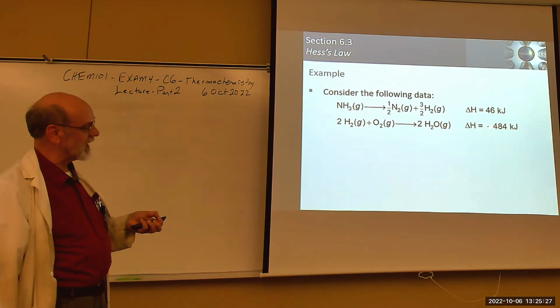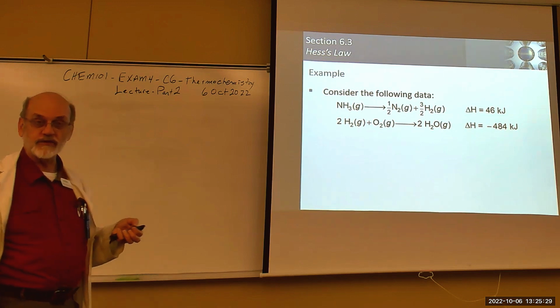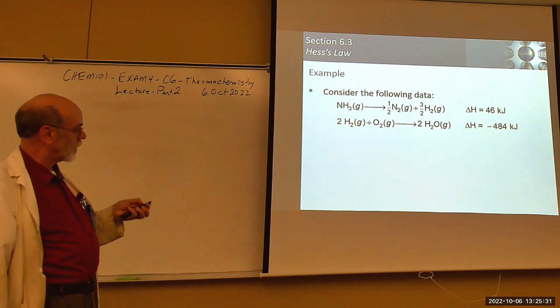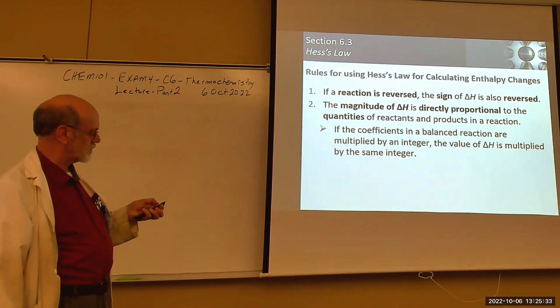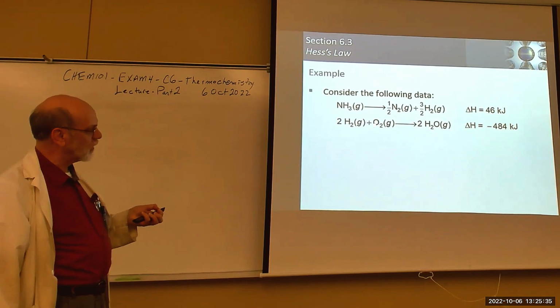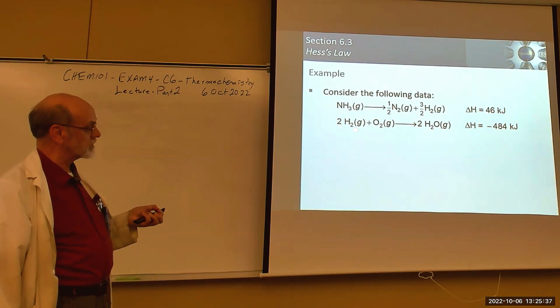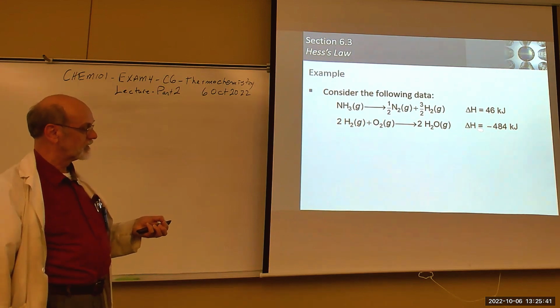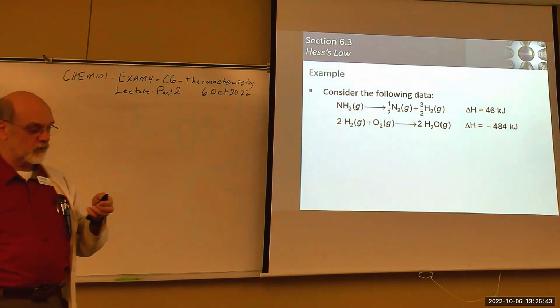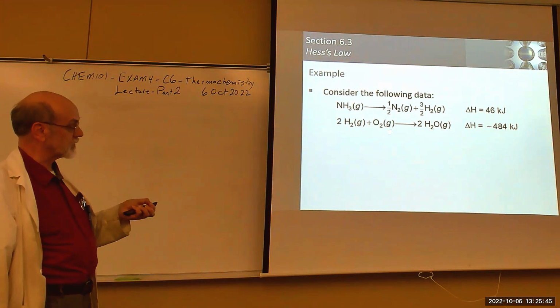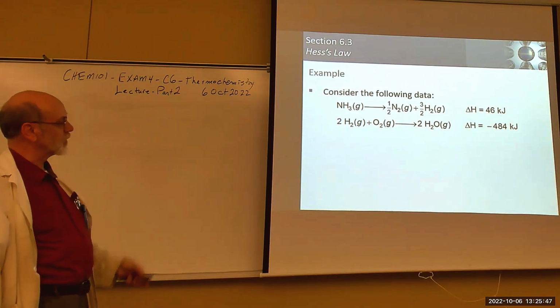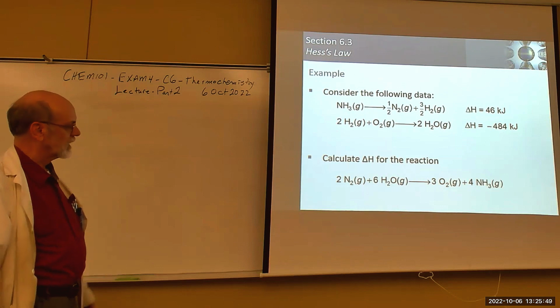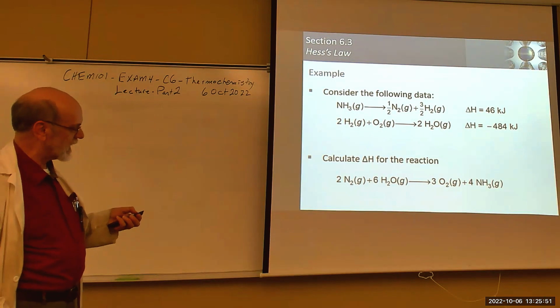And this one is minus 484 kilojoules, which is exothermic, for 1 mole of oxygen, excuse me, wrong way, 1 mole of oxygen or 2 moles of hydrogen to yield 2 moles of water. So this is for the entire equation, and the denominator is whatever you want it to be based on the balanced equation. All right, so we're going to use that information, and we're going to see,